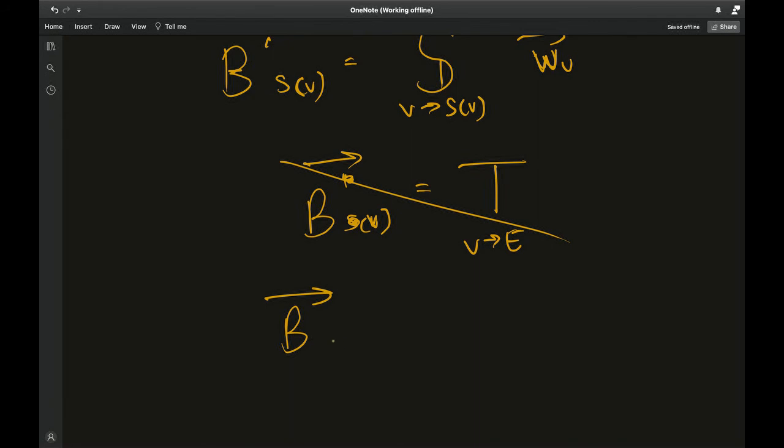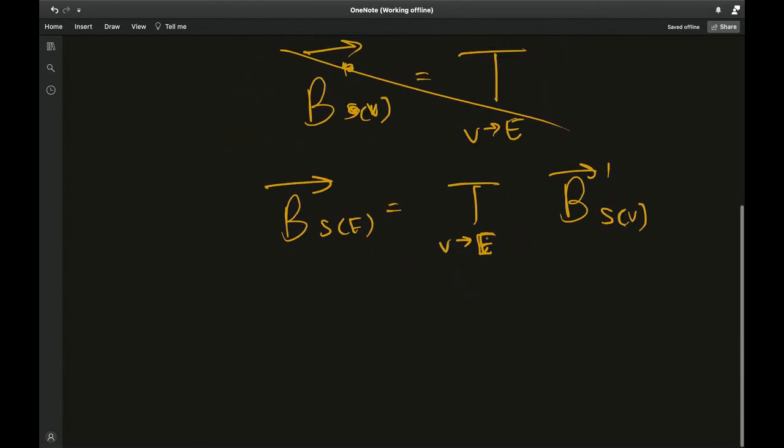B in S of E is actually nothing but the transformation matrix applied, which takes from basis V to E, on this B dash vector, which is in S of V. Again, like the previous case, the inside of the bracket part is changed by this transformation matrix. Think about it that way. Okay, fine. We can use this now,